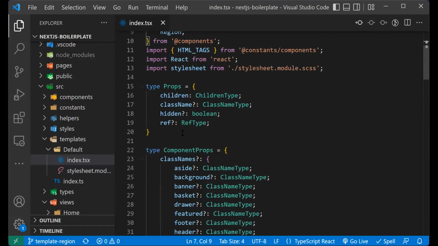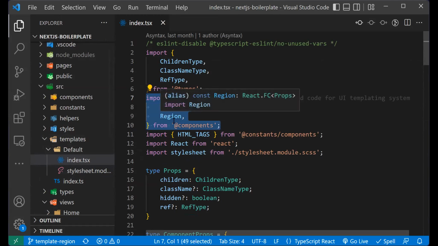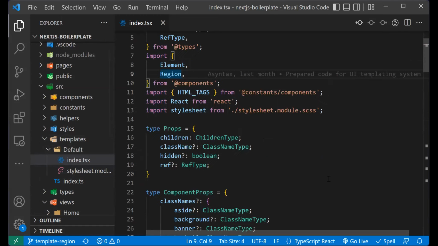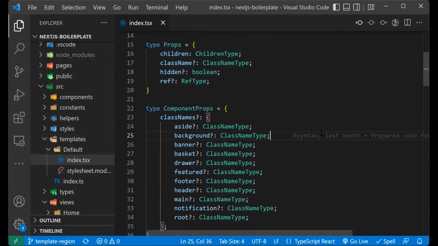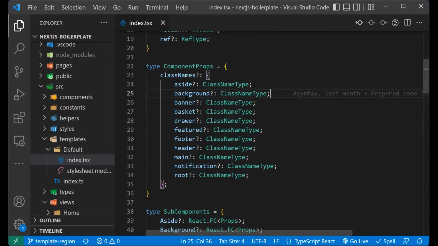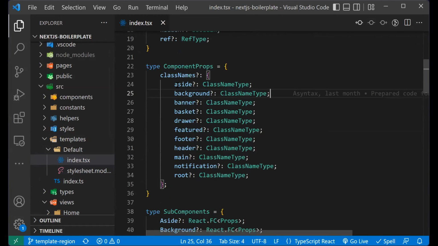you can see where the regions have been used. For this template, the default template, we're utilizing the element and region components, which we have already covered. And these are the props. If you don't know TypeScript, you don't need to touch any of these. But basically, these are our